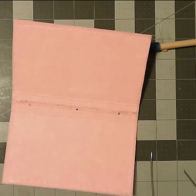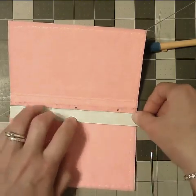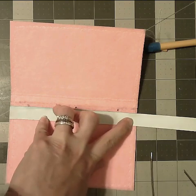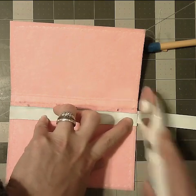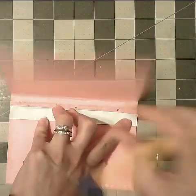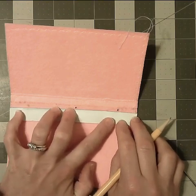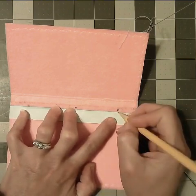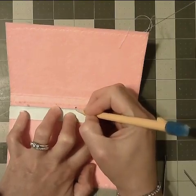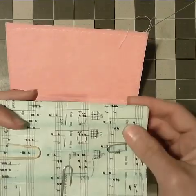Now, here's what I tend to do. Grab a strip of scrap paper. You bind however it is that you find easiest to bind. So I'm going to say this is the top. And all I'm doing is cutting the strip of paper to be even with the edge of the book cover. And then I'm making a mark. And then what I will do is I will put my